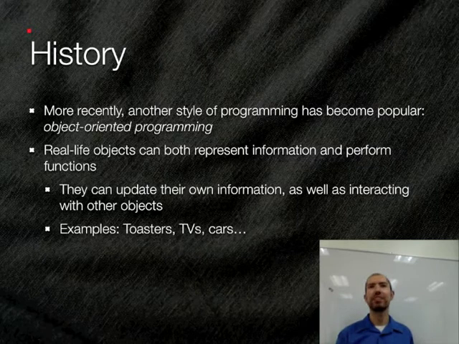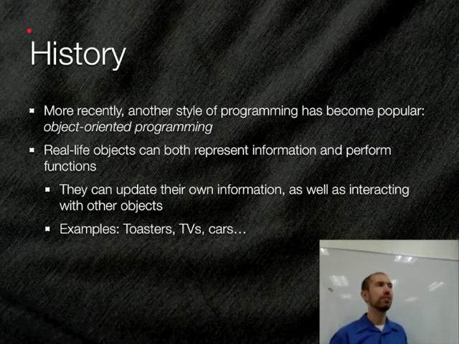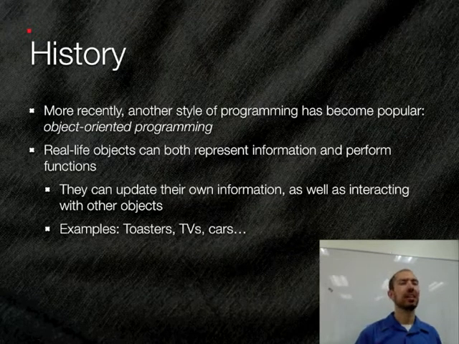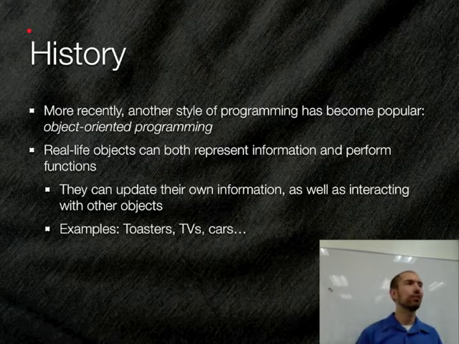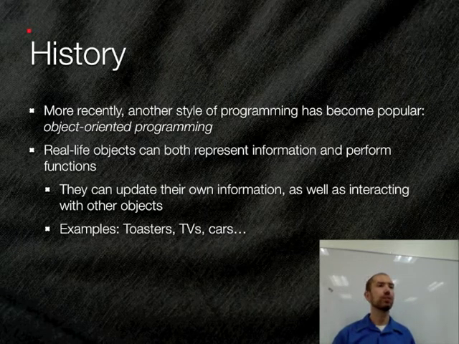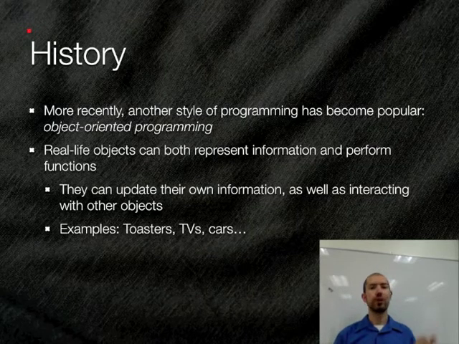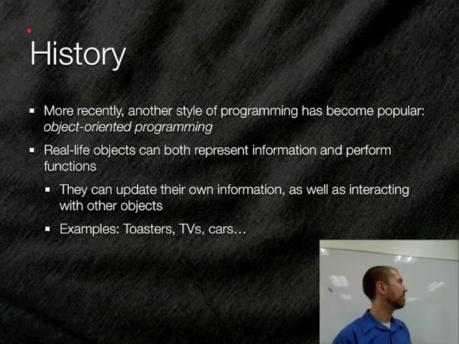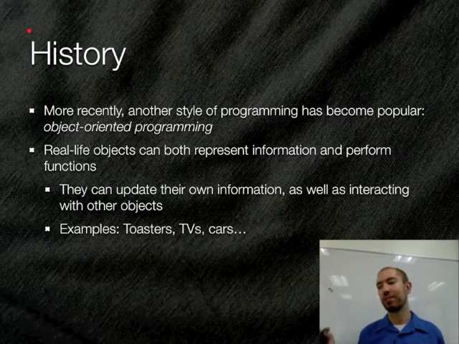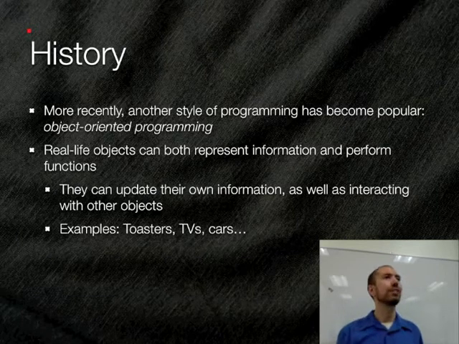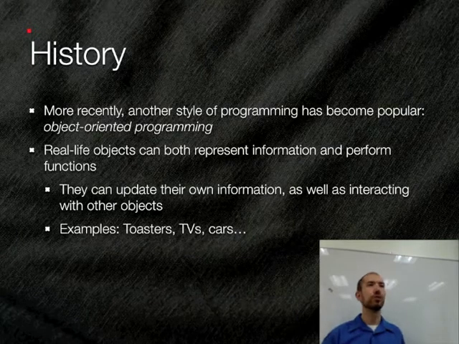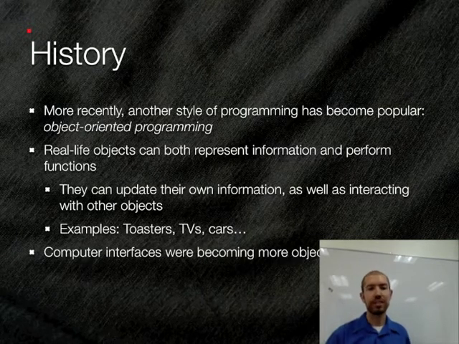Or if you think about a TV, it has functions and associated information also, right? It knows whether it's on or off. It knows what channel it's on. It might know some other stuff, like the brightness setting, the contrast, and so forth. And of course, a TV can also do things, like change the channel or change the volume up or down. So anyway, you can think about real-life objects, toasters, TVs, cars, other people, desks, clocks, anything you see in this room, as a package of information and functions bundled together, right? So that's the basic idea.